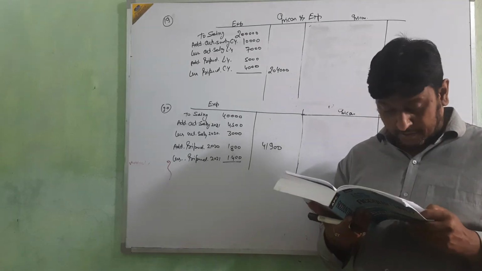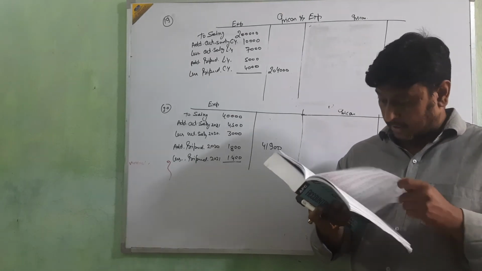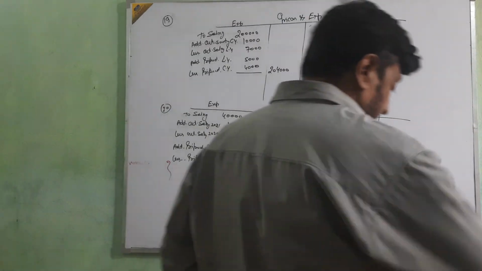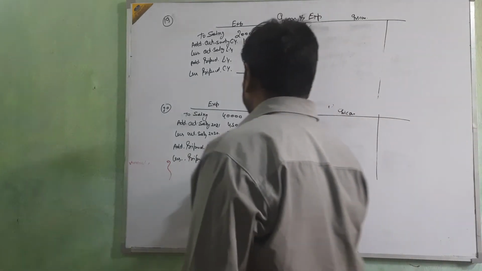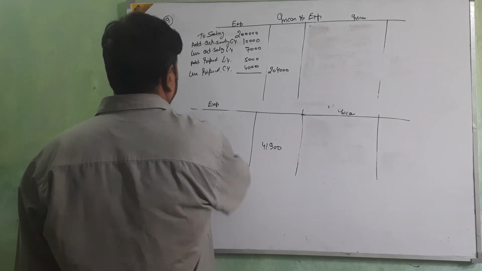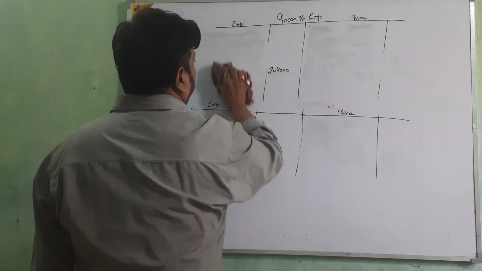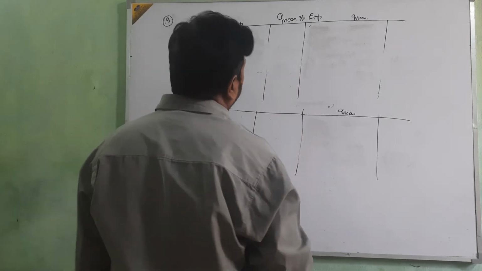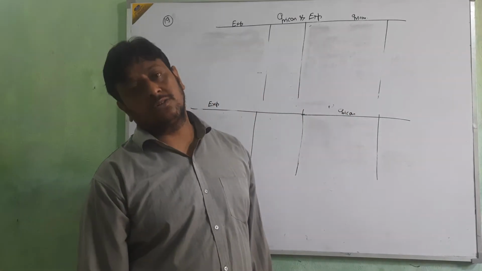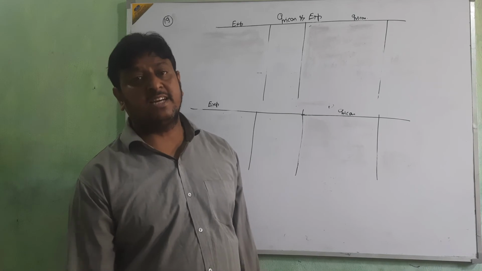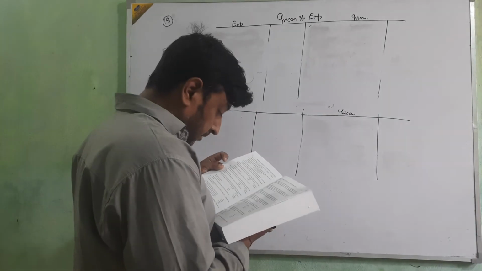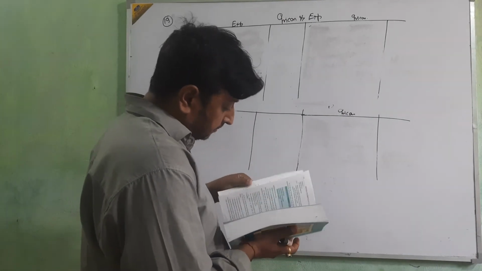Okay, now I am going for one more topic. The last topic is consumable goods. Okay beta, how we are going to present these consumable goods? It's the last topic for today's class. I think you will remember how to present the consumable goods. During the year you purchased, add current year, less last year. If advance is there, then just opposite. Okay, then for consumable goods,